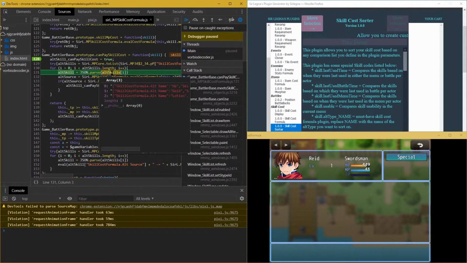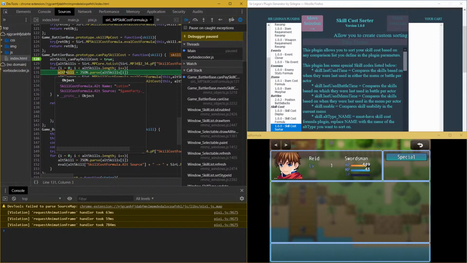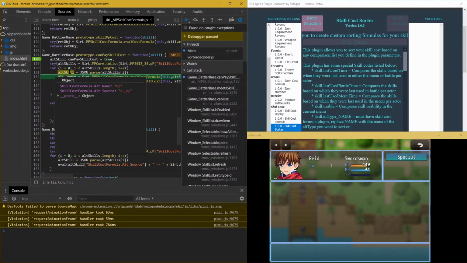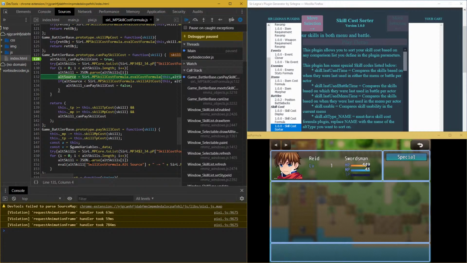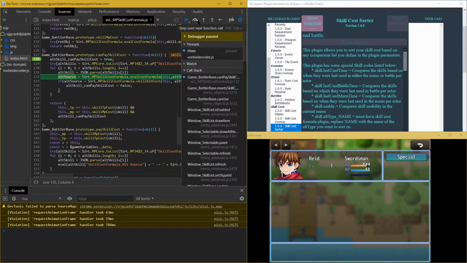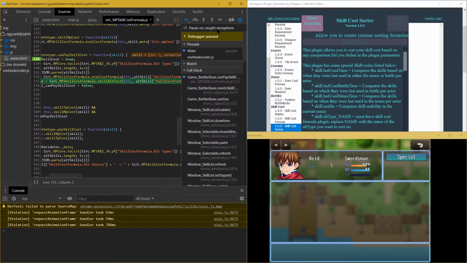Then it will parse that individual skill into its own item. Fine. Where it says, hey, the name is HP and the total cost is A.HP. Yes, okay. Then it wants to calculate what the source is. The source is your HP. That's fine. If HP is greater than this object,